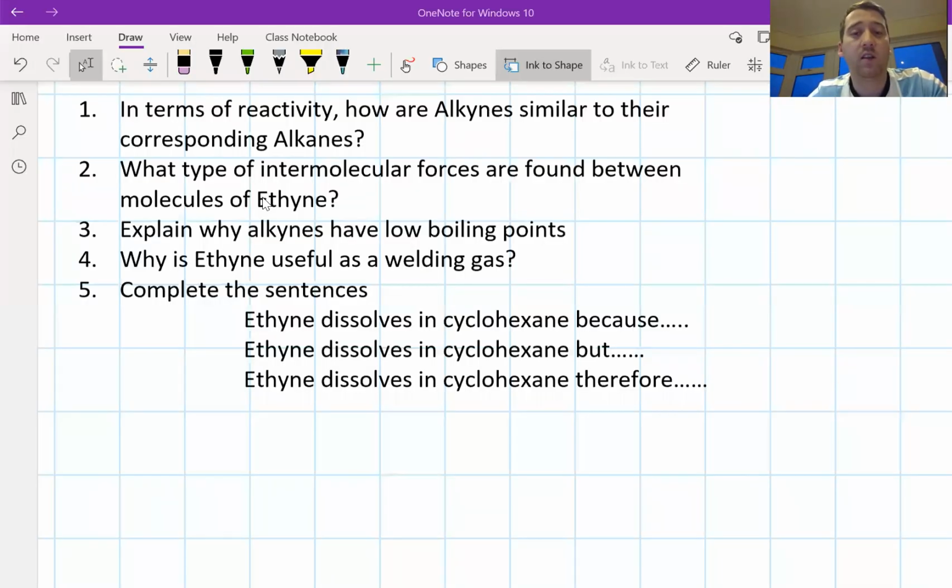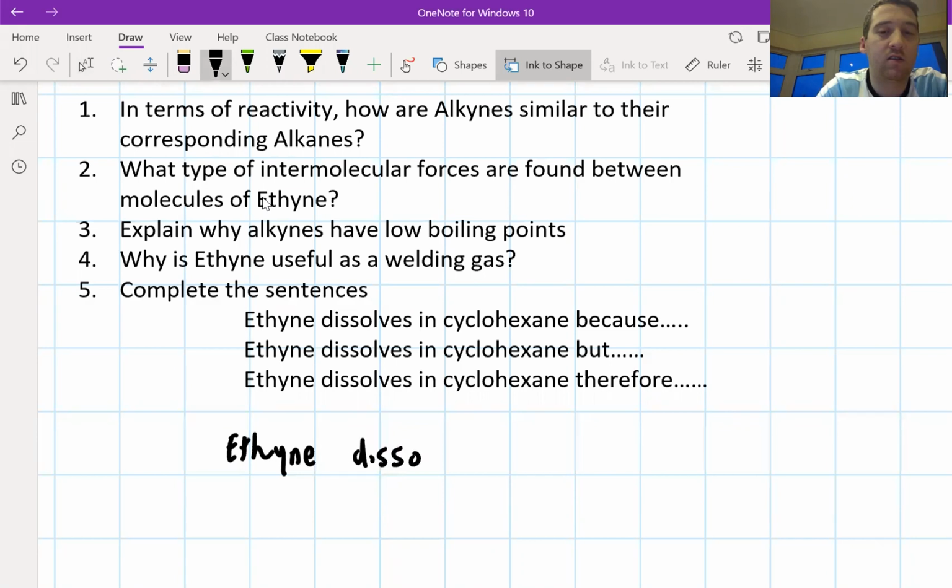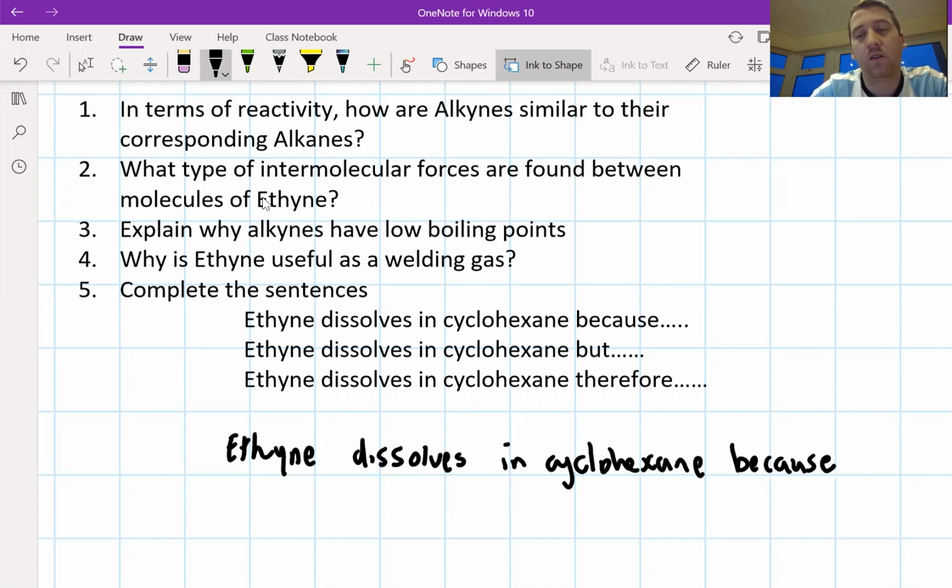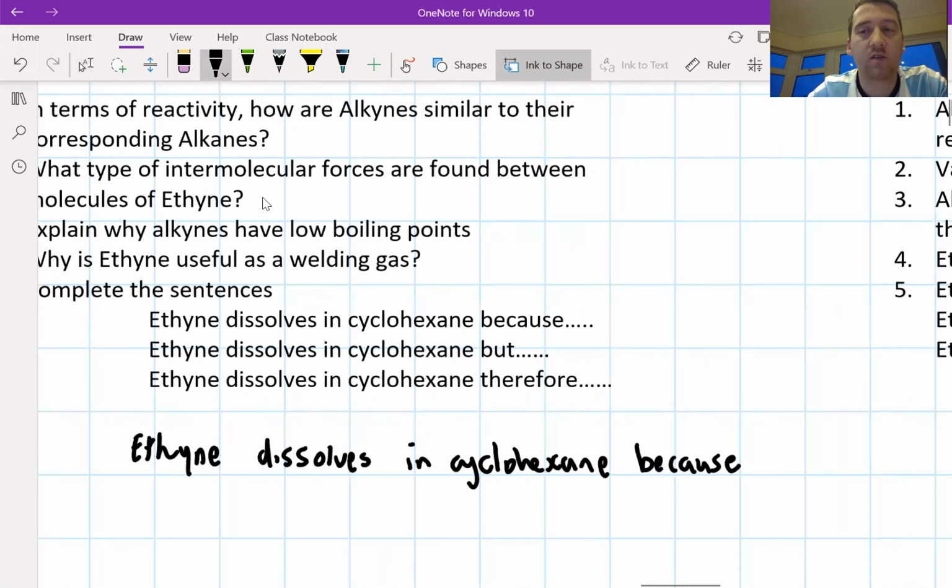Okay, so ethyne dissolves in cyclohexane because, well, cyclohexane does not form hydrogen bonds. It only forms van der Waals forces. And this is because the molecule is non-polar. It doesn't have dipoles. So we could say because neither substance